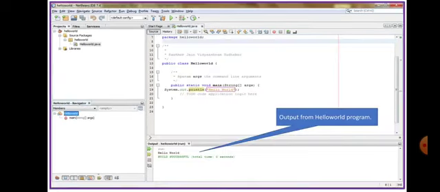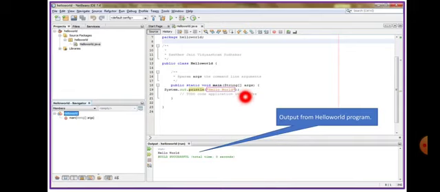Now here, the full form is system dot. It showed the list of all the commands that are available. You have chosen dot out. Then you put a dot. Again, it will show you a lot of options. There you select println. Println stands for print line. Then open the bracket, double quotes, type hello world, close the double quote, close the bracket, and finally semicolon, which will clearly give the end of the line.